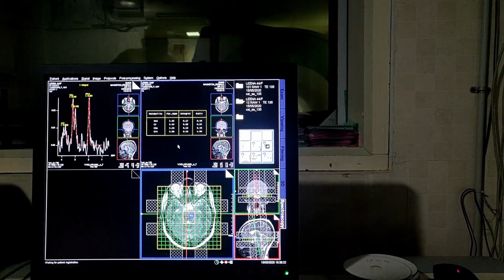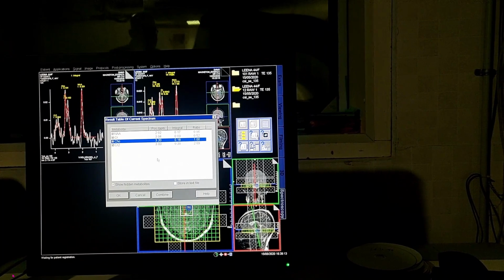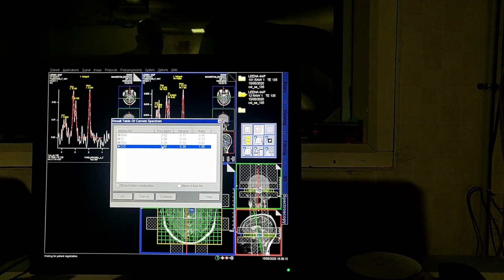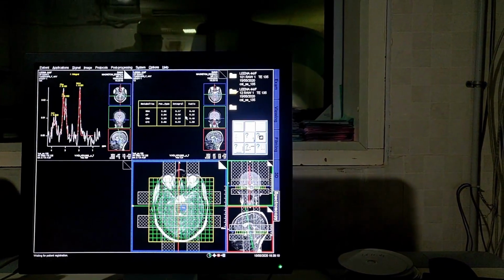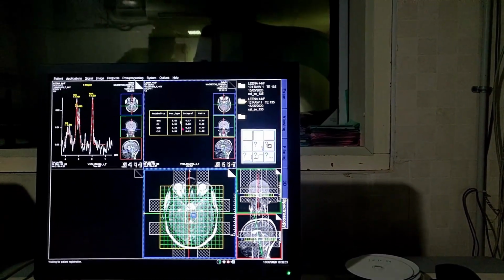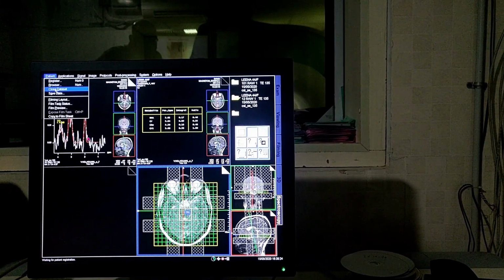So for that, what you have to do is just double click on it and press OK. So it will come like this. The values will be shown here on that particular graph. So this is the graphical representation, this is the ratio representation. So this is what you have to report in your reports, the ratio values.